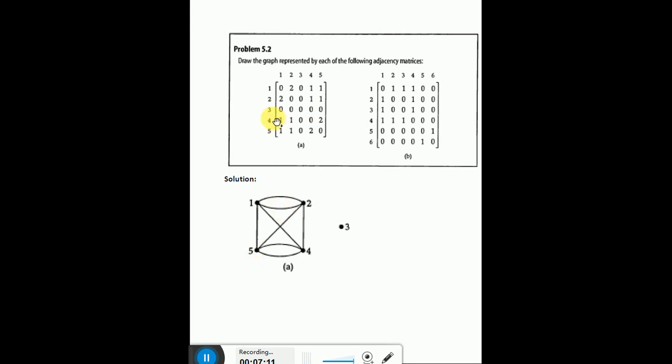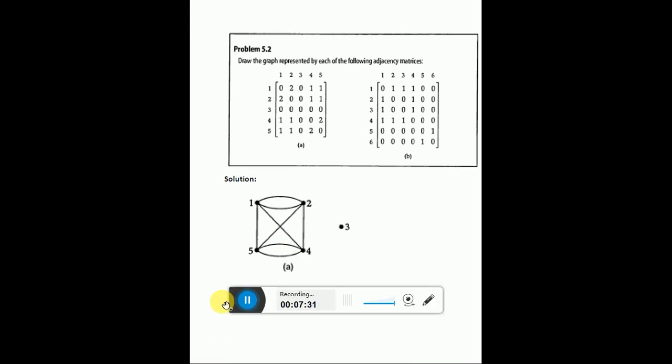And similarly, 3 is not joined with any vertex. So 3 is an isolated vertex that will not be joined with any other vertices. So there is no edge between it and any other vertex. In a similar way, 4 is joined with 1 and 2 with a single edge,